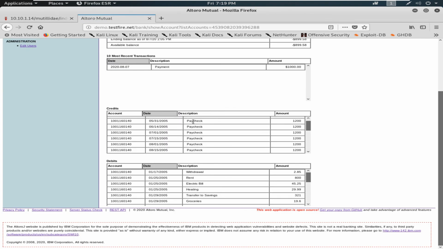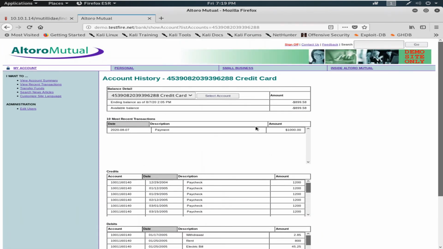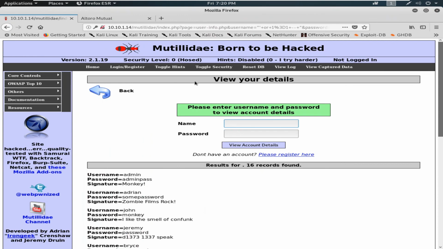All the things will open in front of you, so you can try these skills on some live websites also, but don't try to perform these attacks on Indian websites, because the Indian authorities can take legal action against you. So free food and free bed for 3 years would be yours, so don't try on live websites. That's why demo.testfire.net is there for practicing your skills. You can also work on Mutillidae.